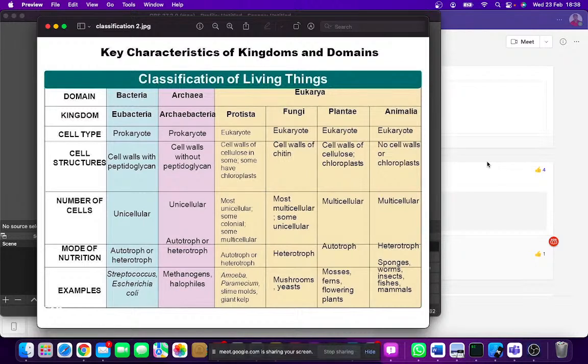So there are the major kingdoms that we have. We have the plant and animal kingdoms, and they have their major differences in that the animal cell has no cellulose cell wall, and they also don't have chloroplast. Chloroplast is the green pigment that enables photosynthesis. It is not available in animals, and that's why animals cannot make their own food.